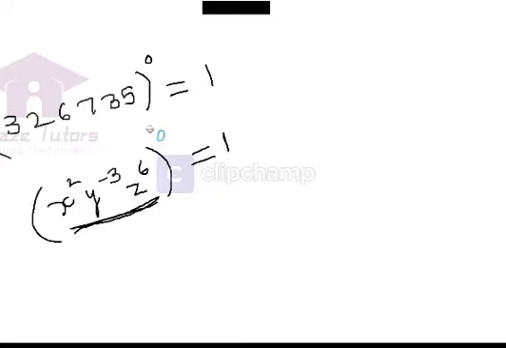Even if you apply the power of power, each of them will become 0. X power 2 times 0 is 0. Y power negative 3 times 0 is 0. Z power 0. So 1 times 1 times 1, that is again 1 only. But that step is not required at all. Here, everything, the whole power 0, is simply 1 only. So whatever may be the bigger number, the whole power 0 is 1. Doesn't matter how many terms, how many exponents it has, the base, whole power 0 is equal to 1 only.